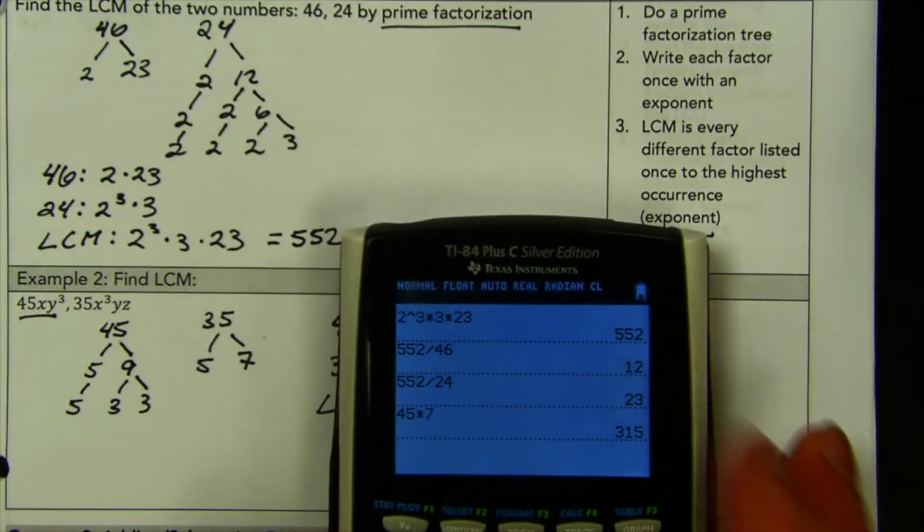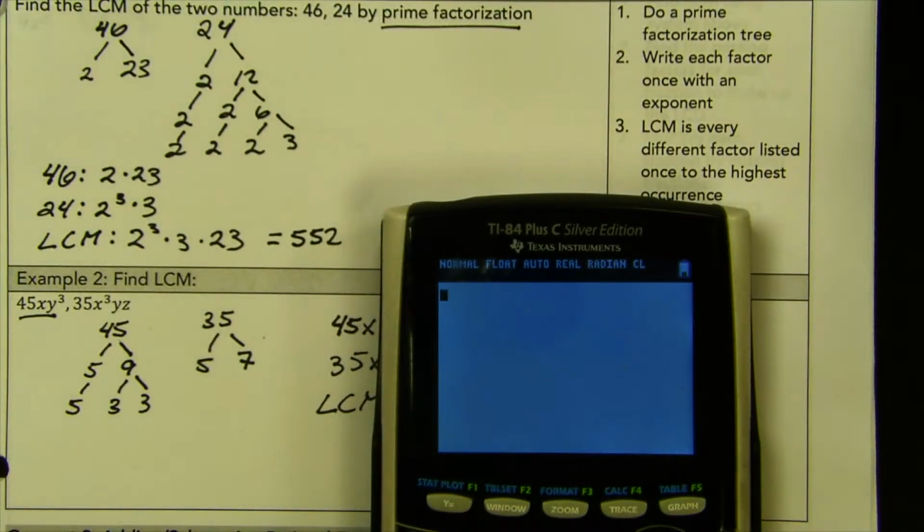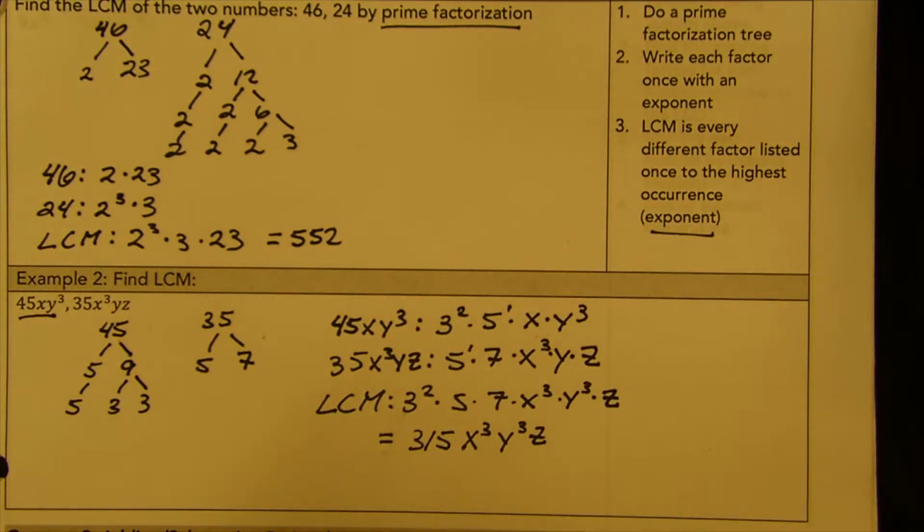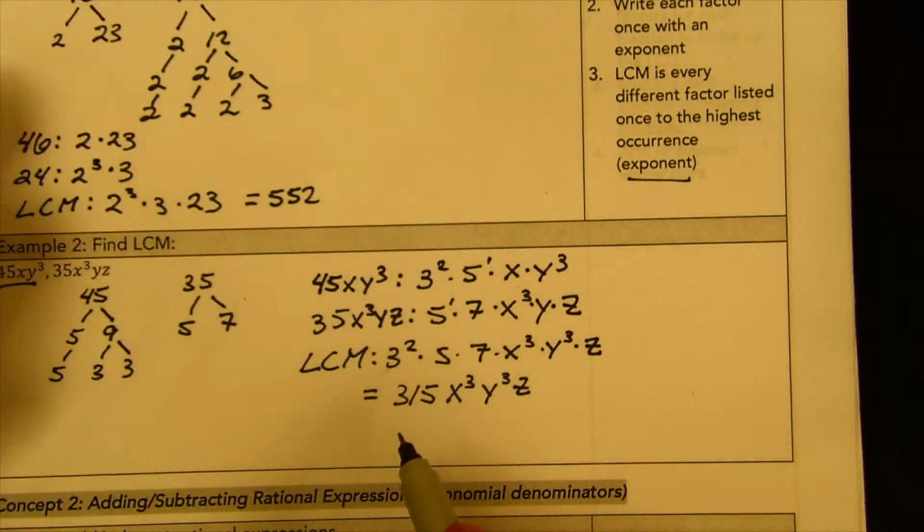And again, I can check. I'm going to go ahead and divide 315 by 45, a whole number, shall I say. And 315 divided by 35, good times. Sweet. All right, so that's the LCM. All right, let's move on to